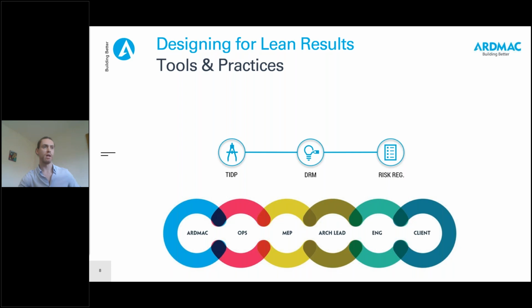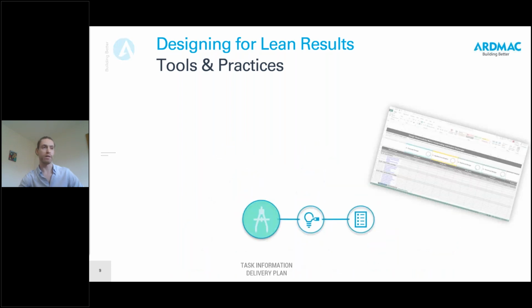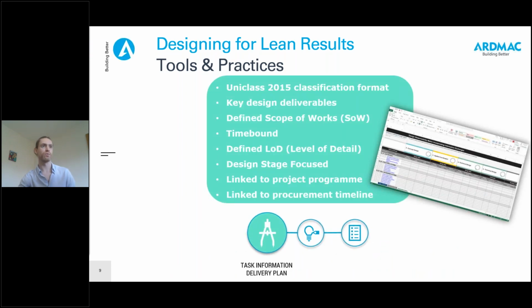The approach to design for lean outcomes is not entirely unique to design, and in many ways it reflects the systems and processes utilized as part of the LPS, or Last Planner System. Much like Last Planner System, it is a staged process using unique design tracking and planning tools. In the following slides, we will look at some of the design management tools used to create a pathway to leaner outcomes. So firstly, scheduling and planning can be carried out through the use of a TIDP, a Task